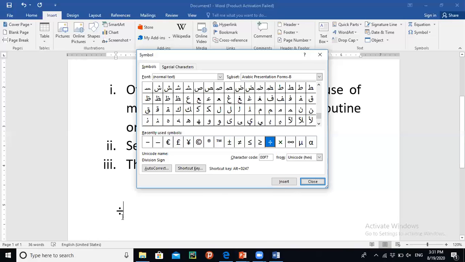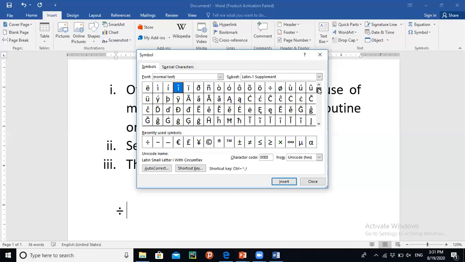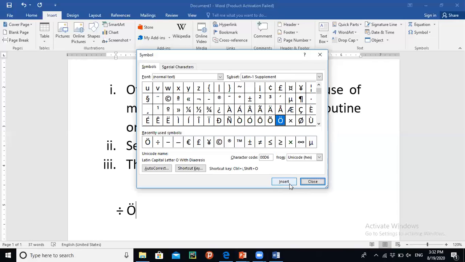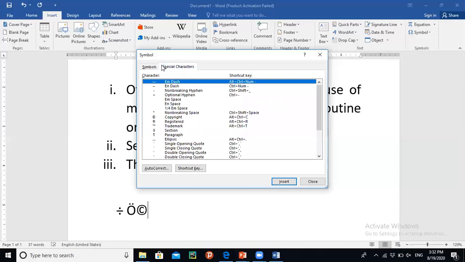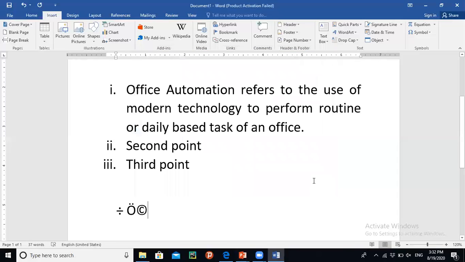When you click the insert button, you can notice that this symbol appears on the document. Whatever you want to select, some symbols are present on your keyboard, like this hash symbol, dollar sign, and you cannot see these type of symbols on your keyboard, so that's why this option is available. Copyright, this C is for copyright. So in this way you can insert the symbols in your document.